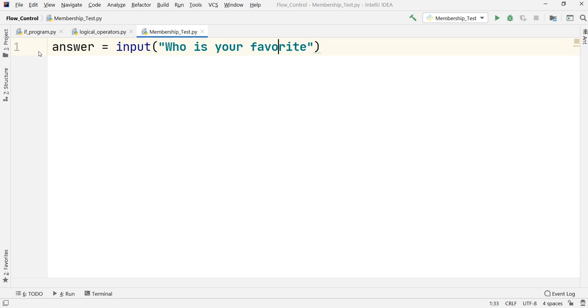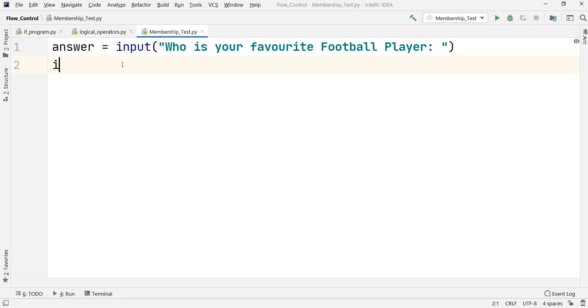I think I made one typo. I am going to ask this to my friend, and whatever answer he gives will be stored inside this answer variable.